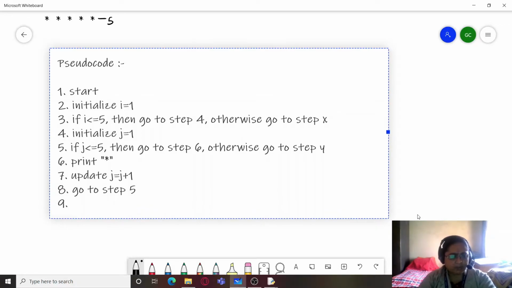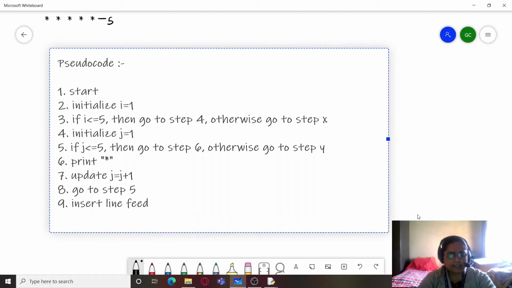And once we come out of it, once we have printed all the stars in one line, we have to change the line. So we will write here insert line feed. So we will insert a new line to change the line, and then we will again update the value of I now, which is my outer loop control variable.